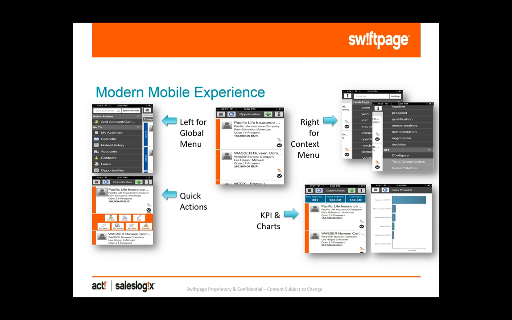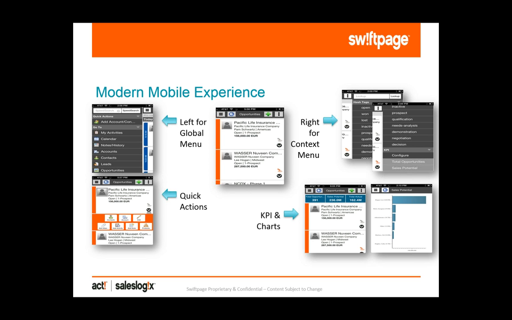So not as much swiping any longer. We have the left global menu and the right context menu that allow us to filter into what we're looking for a little bit more easily while still maintaining that main view. We've also added additional quick actions, so I can see how stale a record is, when was the last time somebody touched this record, and then also leverage the common things that I want to do on my tablet or